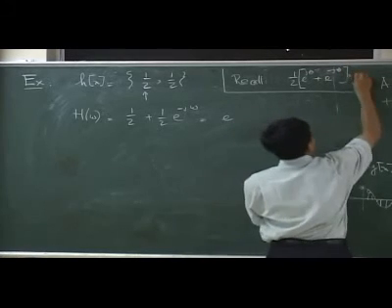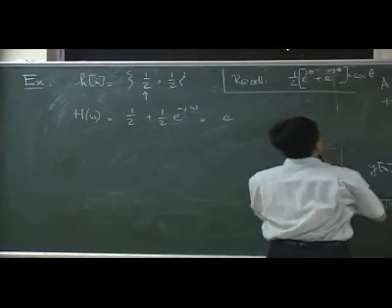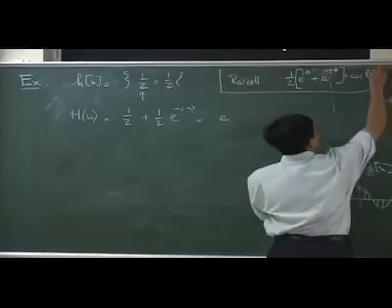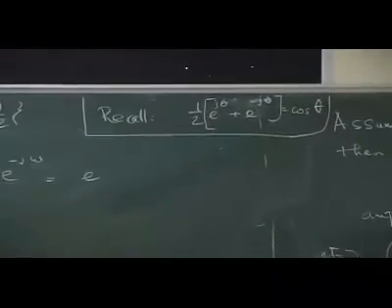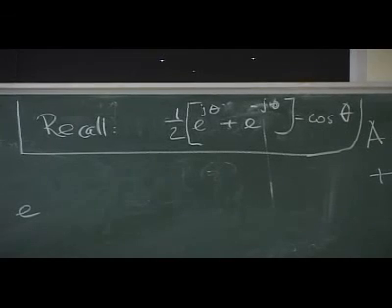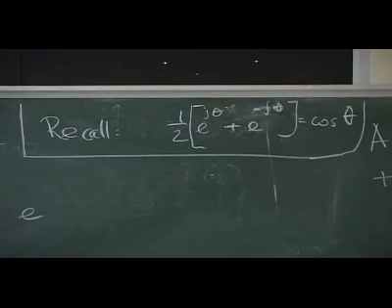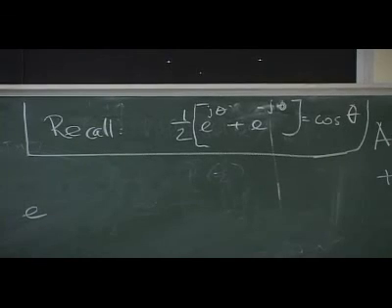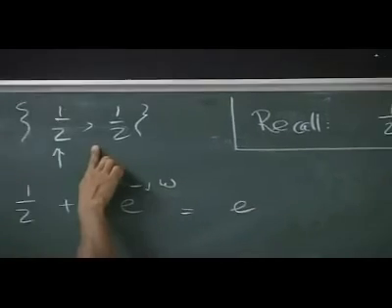Cos of theta. Okay. So I want to really play around with this so that I can get a real number out. Okay. So that's my play. And to do that, the trick now is you want to factorize so that this thing is